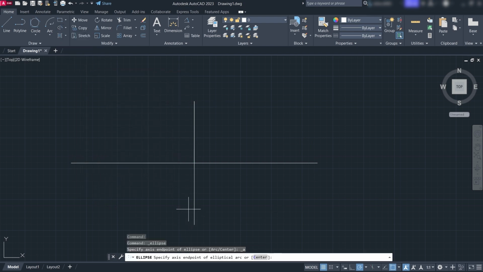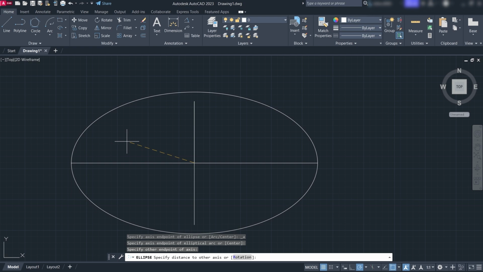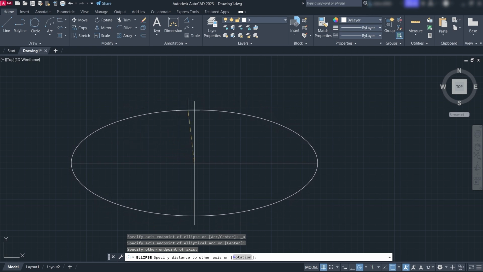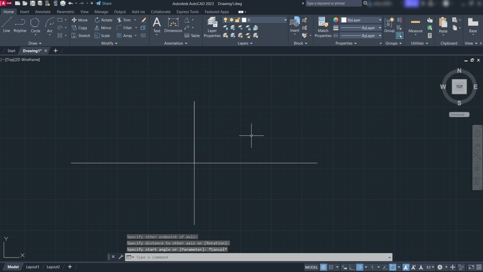So firstly, our command box is showing ellipse, specify axis endpoint of elliptical arc. So this is our axis endpoint of elliptical arc, and now it is showing specify other endpoint of axis. We will specify it, and it is showing specify distance to other axis. So this is our distance to other axis, and now our ellipse is formed. Okay,